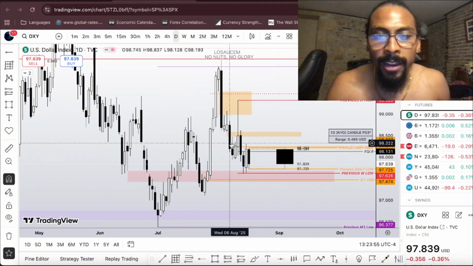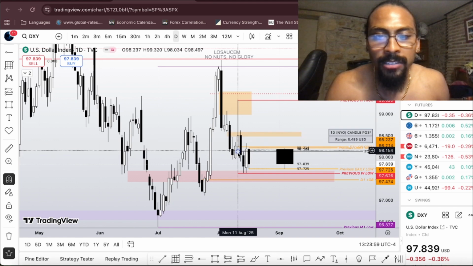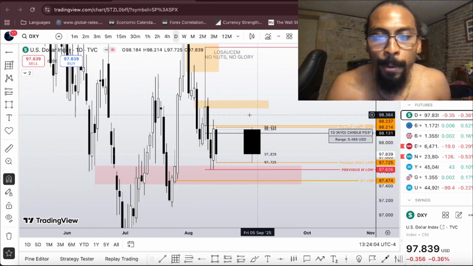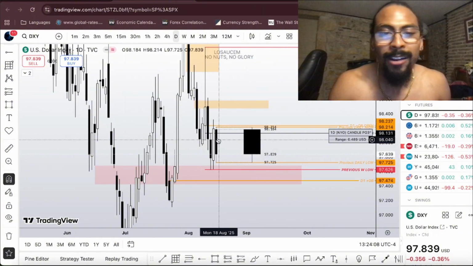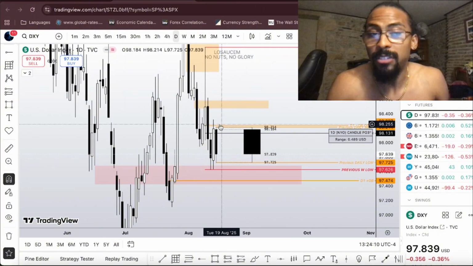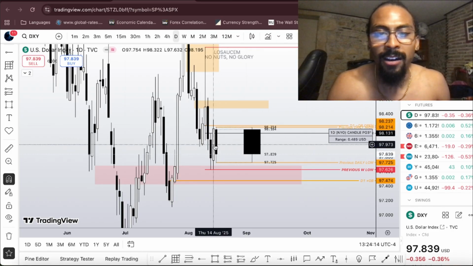closing below this SIBI right here, this inefficiency. Look at the bodies, how it's holding that. Then we went below this down close candle, created this order block. We played off the order block right here, the opening price. I'm still leaving it there because we can still come up into it, and maybe I don't really want to see it come all the way up. If it's really, really bearish, I don't want to see it come all the way back up here. Maybe just hold 50% of this order block.